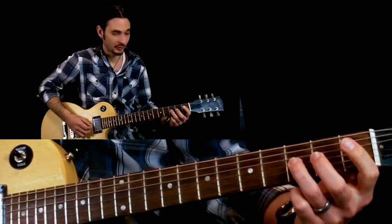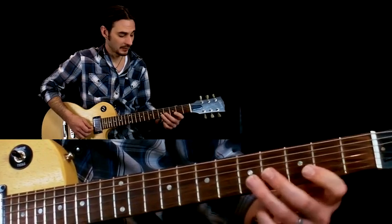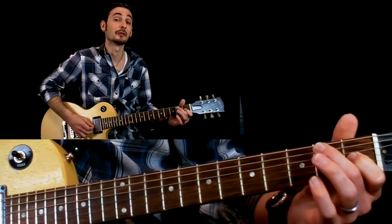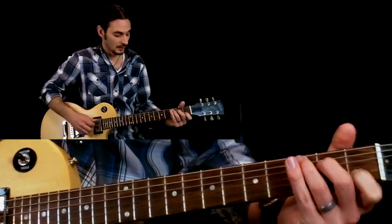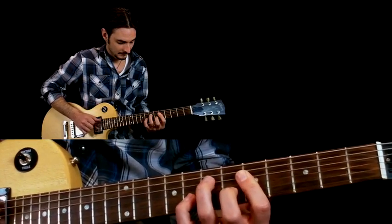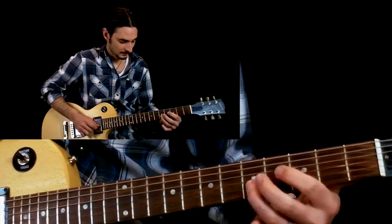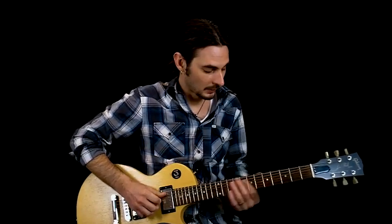That little melodic run is 3rd fret G string to the 1st fret B string, 3rd fret B string, 5th fret B string, back to the 3rd fret, back to the 1st fret, and then 1st fret G string, and into our C chord. Okay, so that goes. Okay, and then it would start repeating those 2 phrases until at one point it drops down to an A minor. So